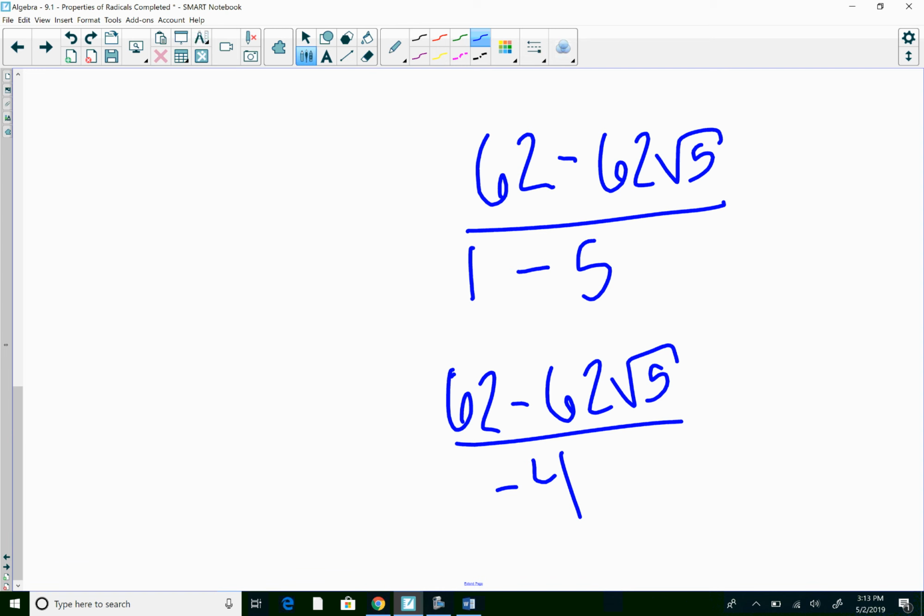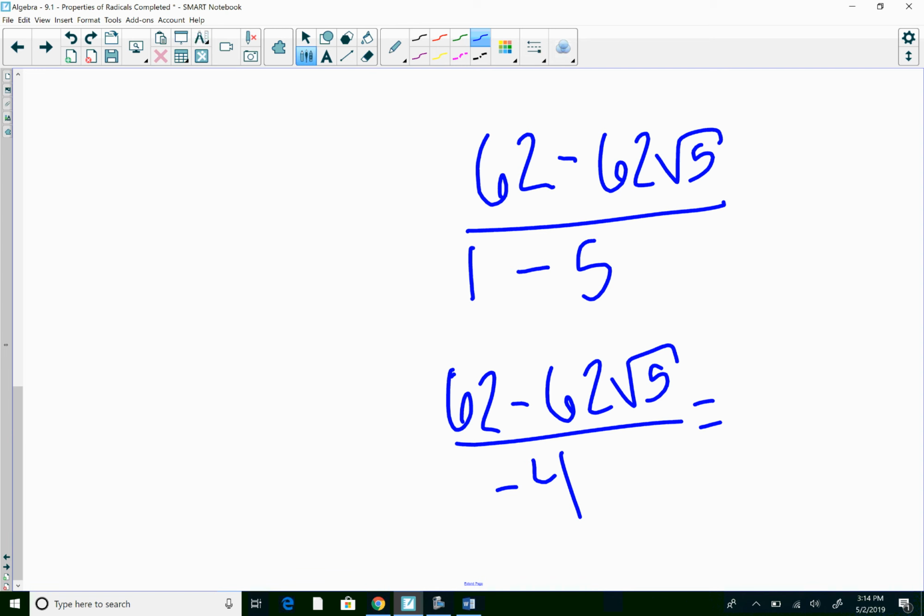And when we're thinking in terms of height, ladies and gentlemen, do we ever talk about height as like, oh, yeah, I think that height's probably about 62 minus 62 root 5 all over negative 4? I mean, let's think about that for a second. No, we don't talk about height that way. Okay, so this is an instance where, now that we've practiced our skill of using the conjugate and putting that conjugate into play, we are just going to take the calculator now and simplify this. So if we do 62